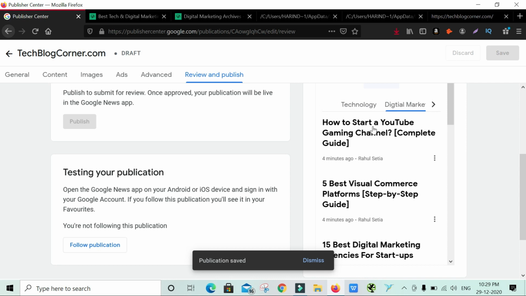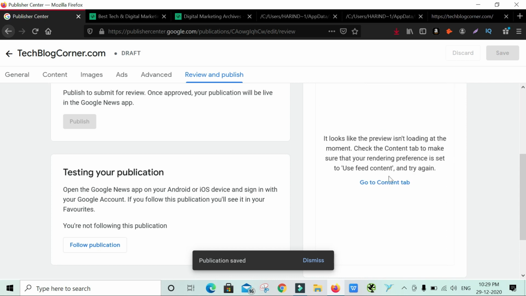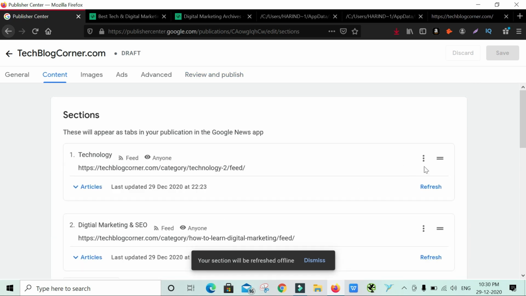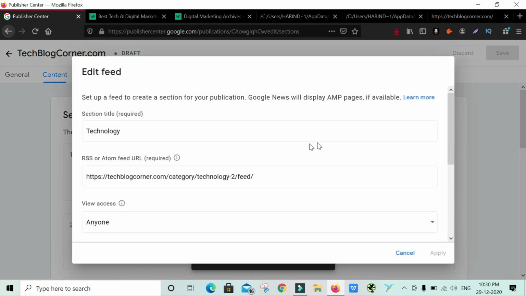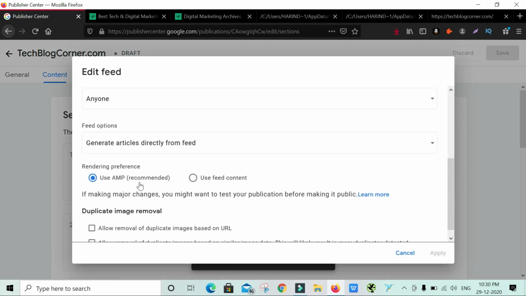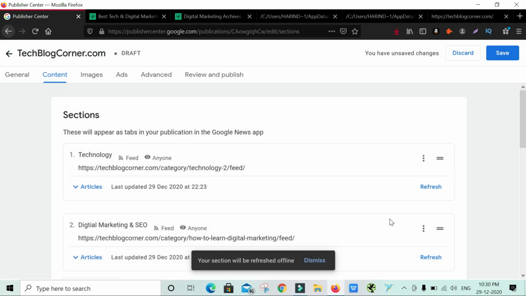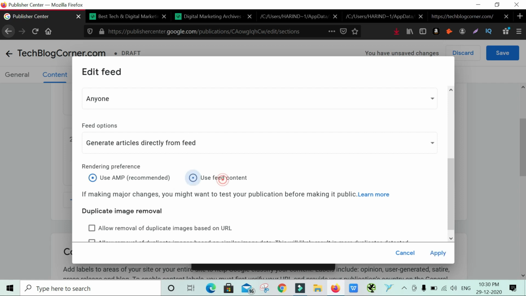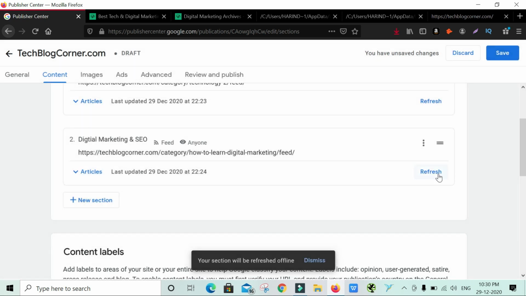For example, if I click on this option, I think my content is not in the AMP version because I don't have an AMP website. I will apply this, add it, and save it.